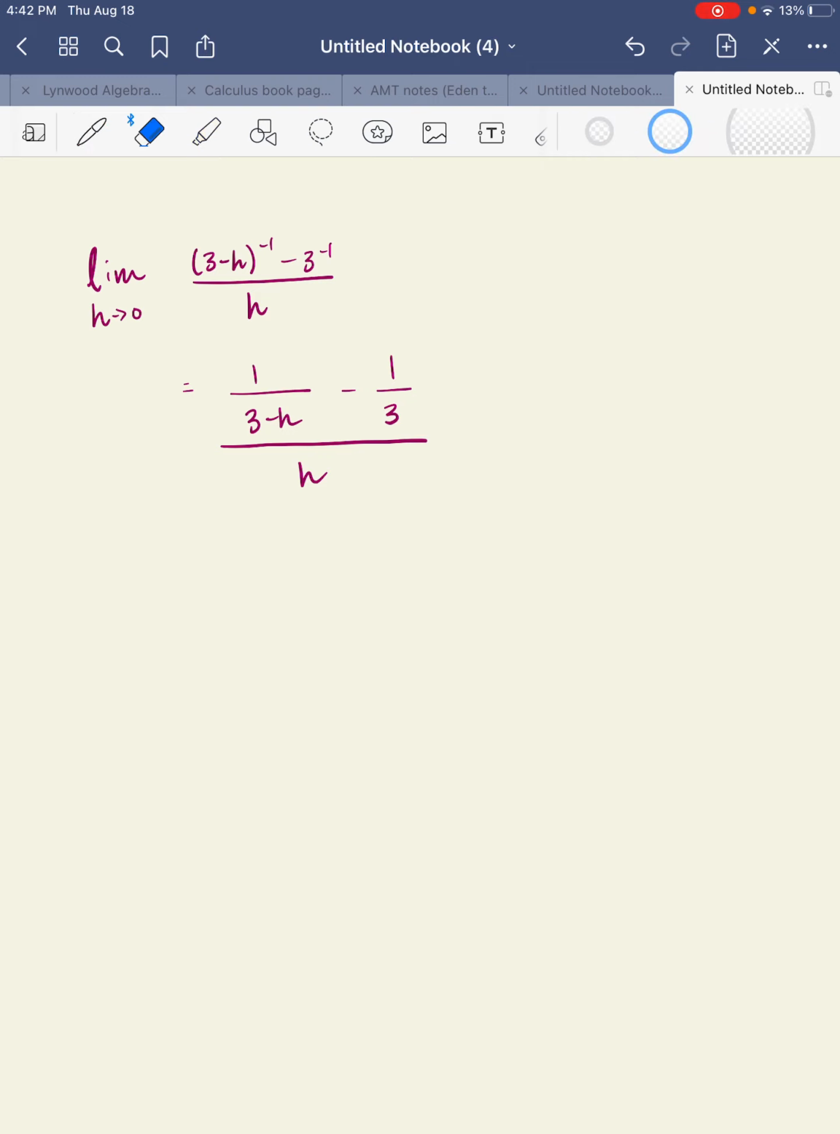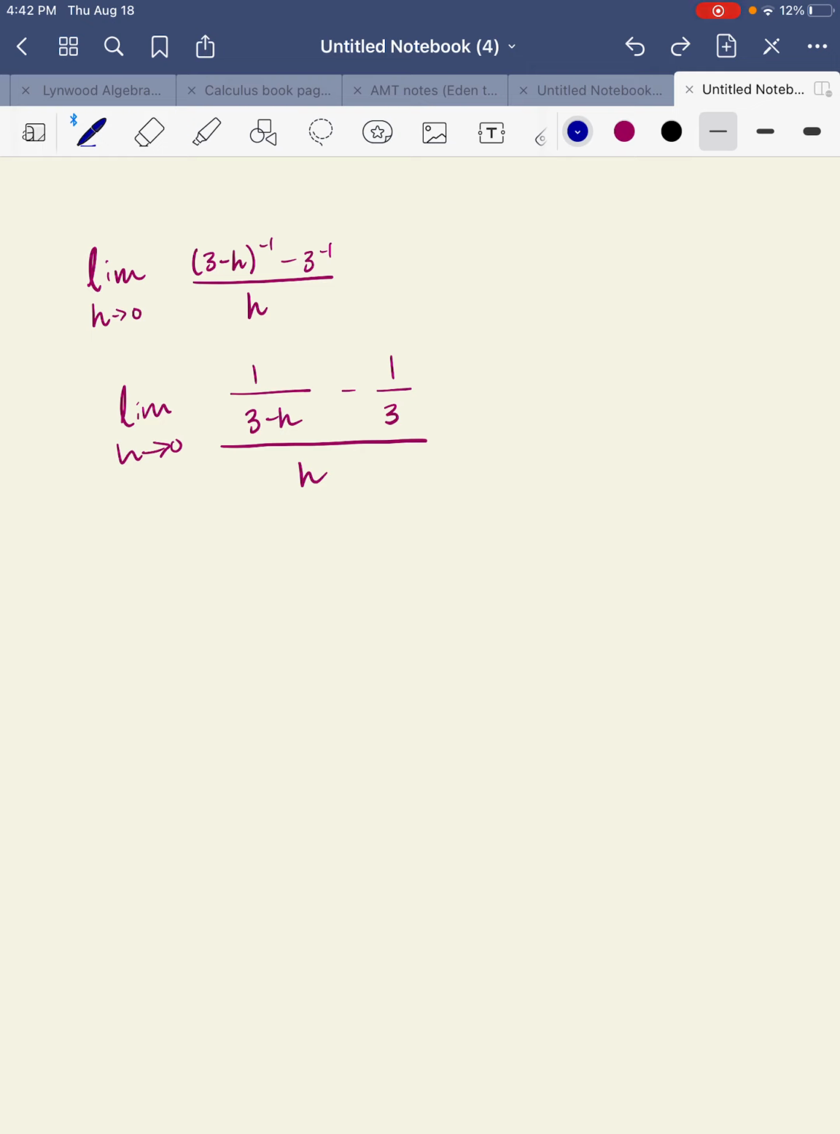Let me go ahead and write my limit argument there. So the limit as h is approaching 0. Now, if I substitute in for 0, you'll notice that you get 1/3 minus 1/3 all over 0, so you get 0 over 0. Indeterminate form just means that I have to use some sort of algebraic manipulation to go ahead and use that